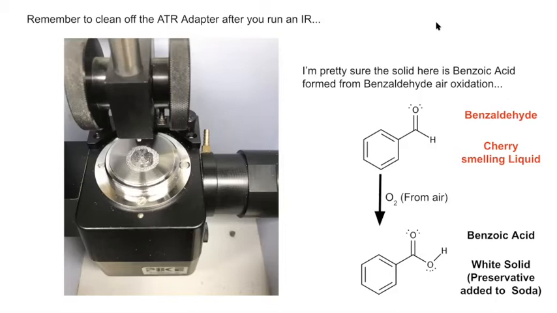Its pKa is about 5-ish, yeah. So the pKa of about 5, it's not too strong. So it's not going to damage our zinc selenide crystal too much. So it's not a big deal that it was left there, but it's just a good habit to clean it after you're done. If it were, say, like concentrated sulfuric acid on here, that would be bad. But we don't take IR of concentrated sulfuric acid. Okay, so yeah, that's